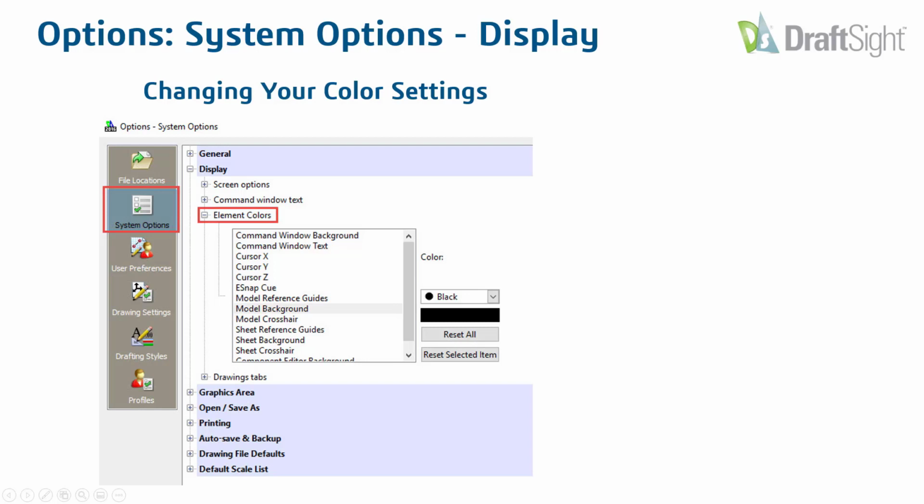Okay. And this is where we're going to get into some options and systems that you can do in your system options of different things, just so you know where you can go and change them. Of course, you can change just about anything that's there. So just gives you an idea where to go to get it. And if you take a look over here on the left, it'll let you know, options. This is system options. So just like inside SolidWorks, this is a system option. So not specific to the file type or the actual file you have open, but every time I go into my session, it's going to make my model background black. Okay. Versus my sheet background. Sheet background is usually set at default as white that you have here, but this is where you can go and change it in your session,